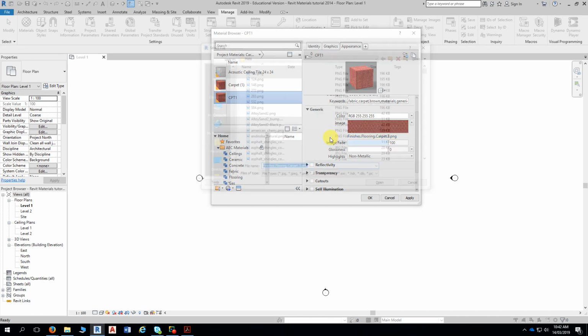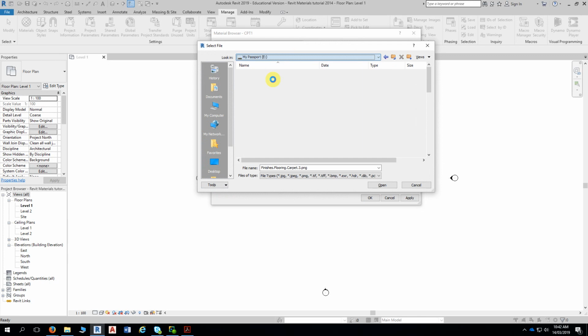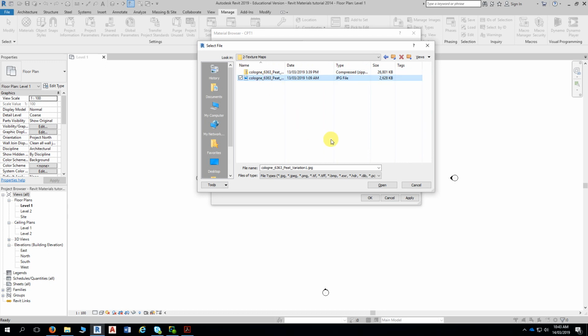So effectively what we're doing is replacing the current texture map with our new one. So we'll just quickly navigate back to... okay, it's a fair way back. Now ideally when you're doing this, it's best to have your texture maps in a folder location that's on a fixed computer. It's not ideal to have them on